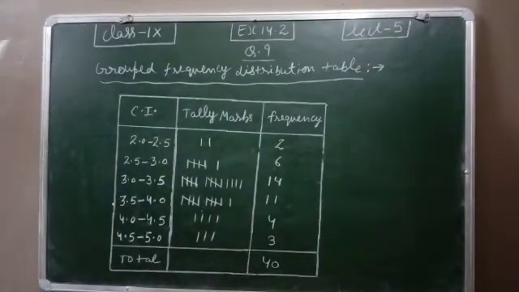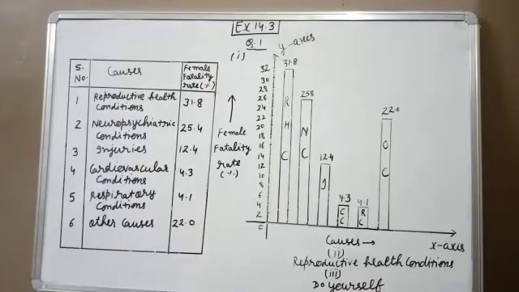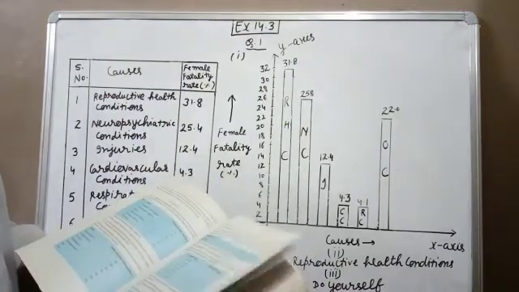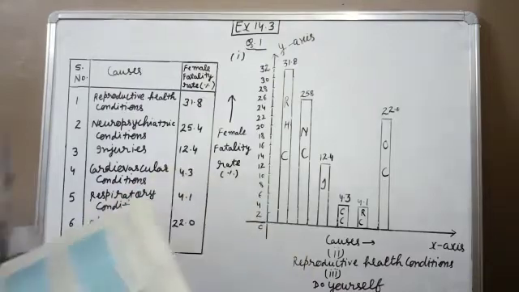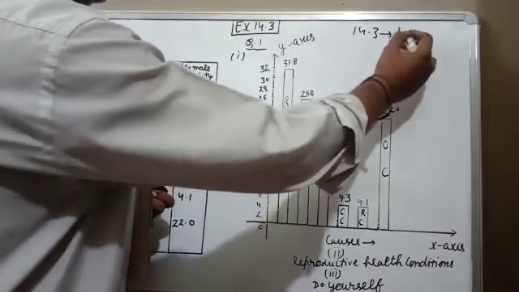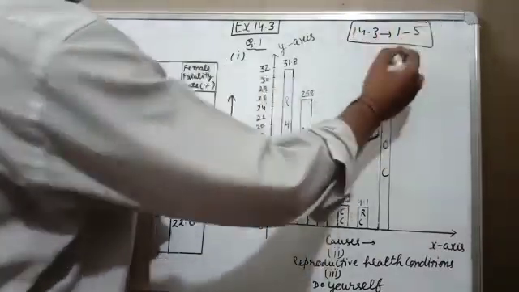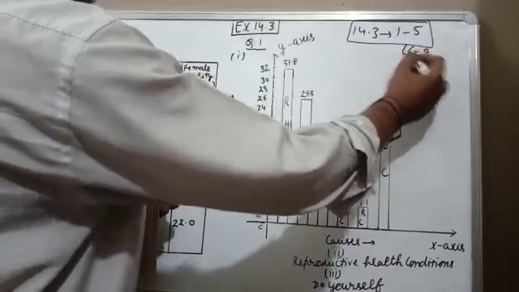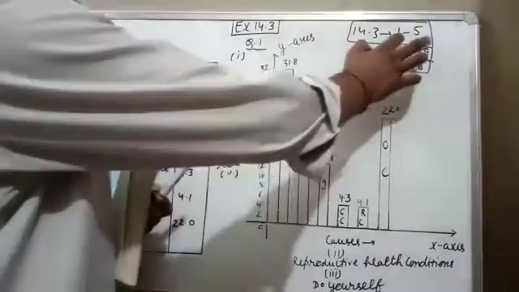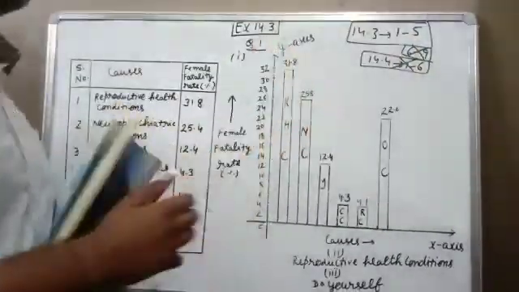Now after this we will start exercise 14.3. This exercise is of graphs. In this exercise the total number of questions is 9, but this year in 14.3 we have only the first 5 questions. Question number 6 to question number 9 are now not in the syllabus. And after this, 14.4 has 6 questions; this complete exercise is not in the syllabus. So we have to solve only the first 5 questions of 14.3, then this chapter will be complete.